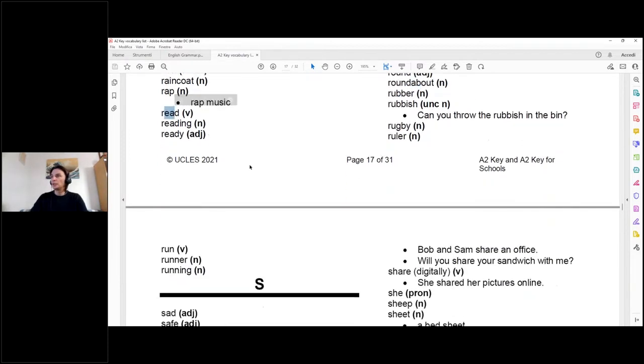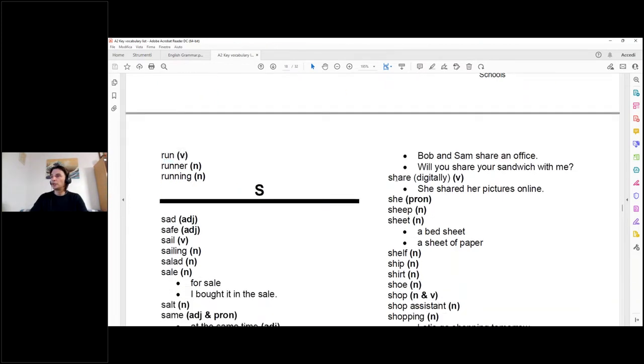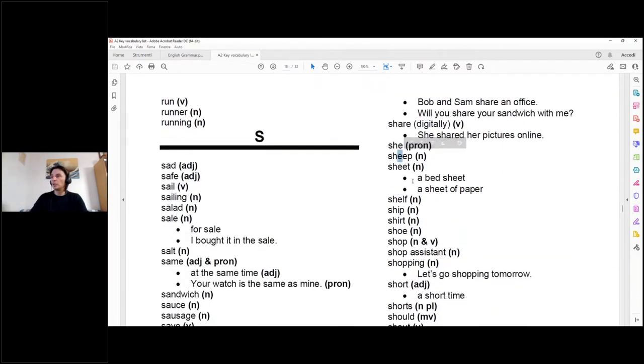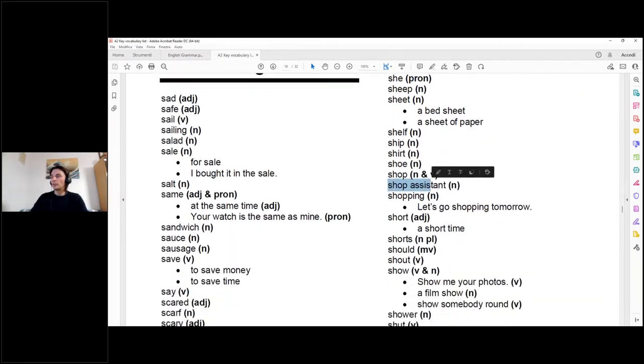Read, leggere, ready, pronto, runner, corridore, share, condividere, ship, pecora, sheet, a sheet of paper, un foglio, sailing, navigare, sail, navigare, salad, un'insalata, shoe, scarpa, shop, negozio, shop assistant, un addetto alle vendite di un negozio,